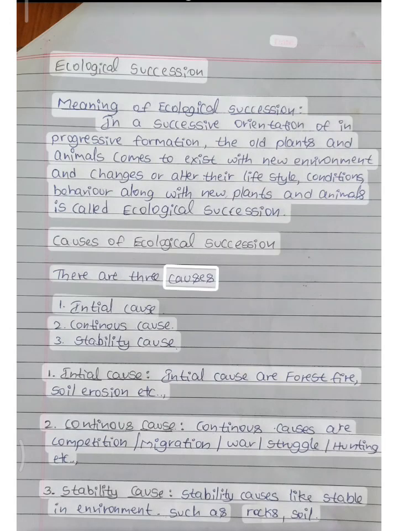Causes of ecological succession. There are 3 causes. 1. Initial cause. 2. Continuous cause. 3. Stability cause. Initial causes are forest fire, soil erosion, etc. Continuous causes are competition, migration, war struggle, hunting, etc. Stability causes are like stability in the environment, such as rocks, soil,